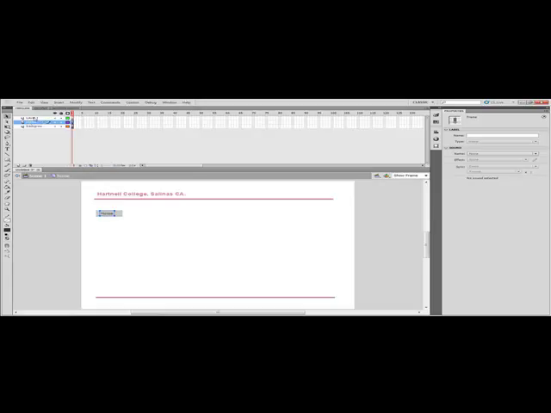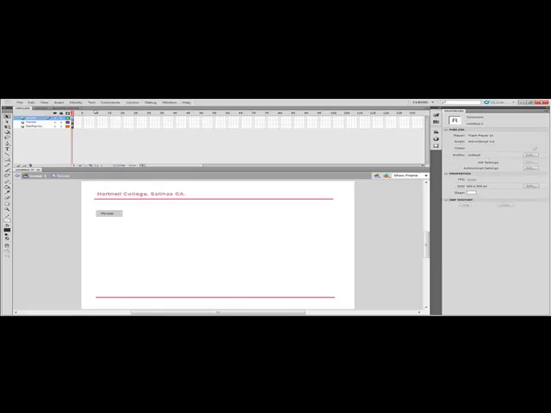Home is home, and then layer 2, we can call this script, we can call it action scripting. As long as you know what that is, we can call it CS, we can call it pretty much anything you want, but you should know and be consistent in what you're going to do with those two things. So I'm just going to say script for right now, because I know that's where I'm going to put my